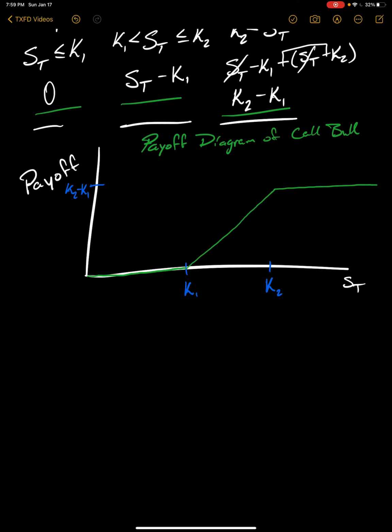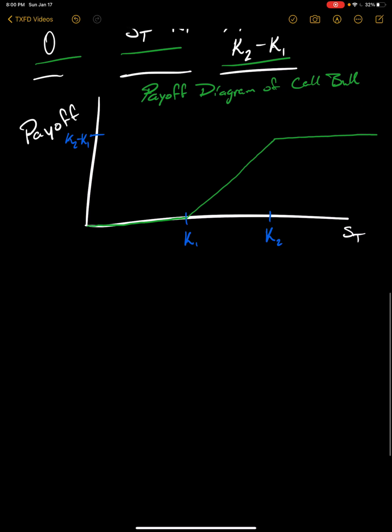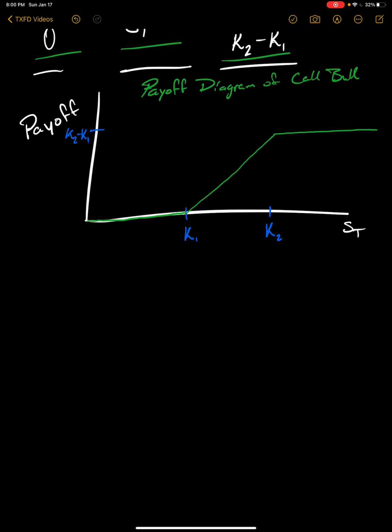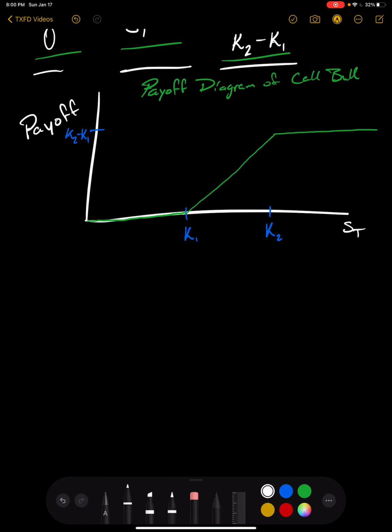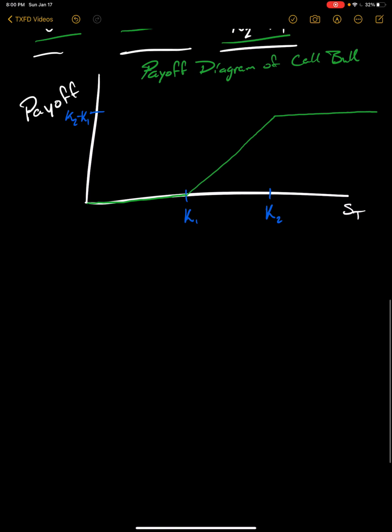Now we can jump into talking about a put bear spread. And again, you can have a put bull spread. It's certainly possible to formulate the bull spread with puts, but we're not going to discuss that in this particular video. Now, the put bear spread